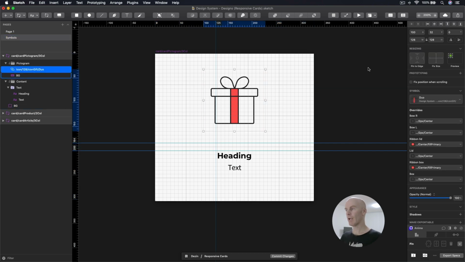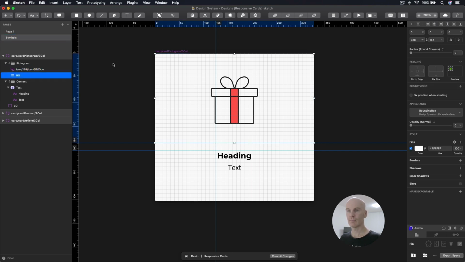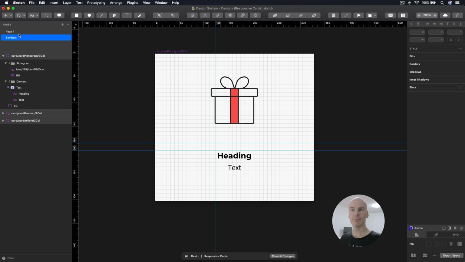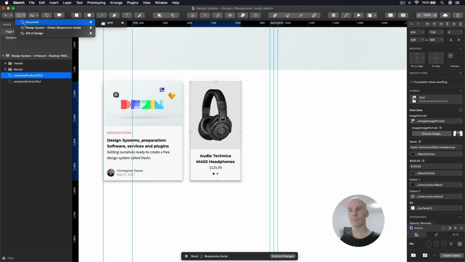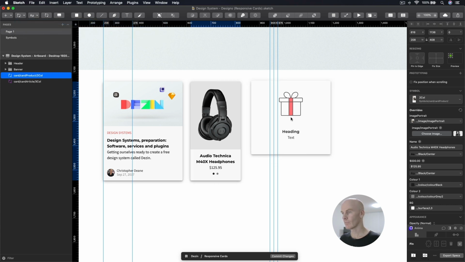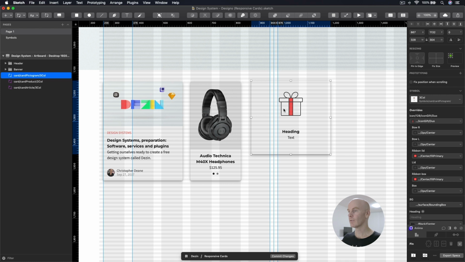We're going to select the pictogram and fixed size, as well as pinning to the top. Okay, now let's go back to the page and drop that in. Turn on our guide,